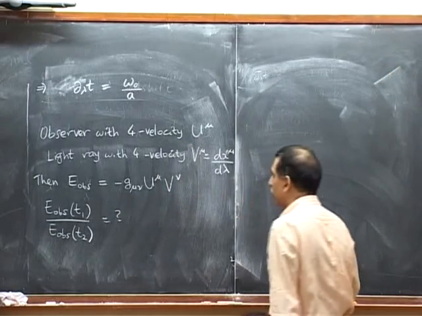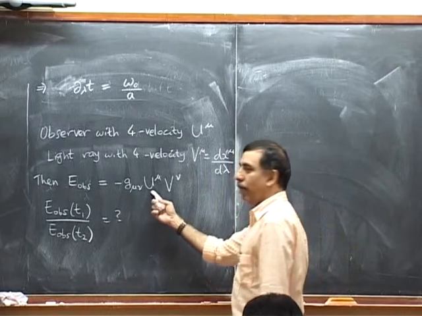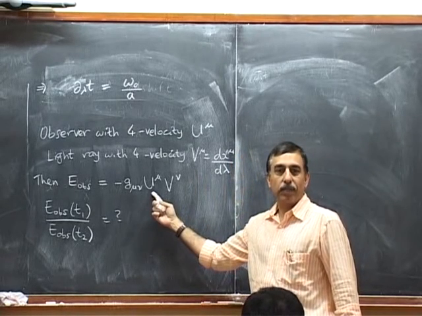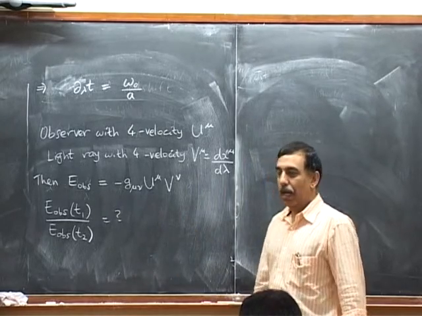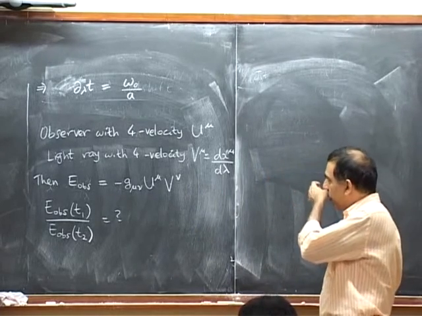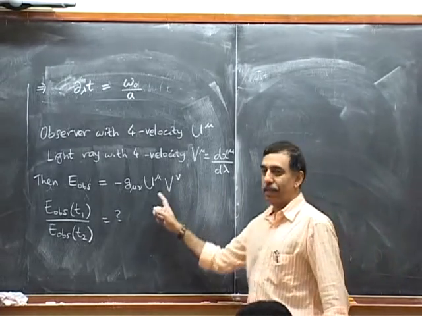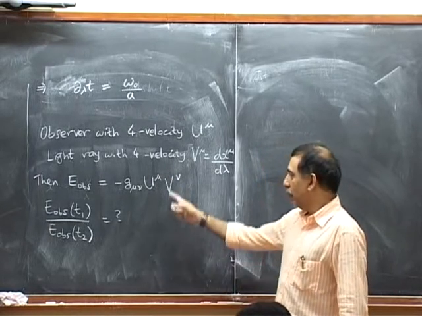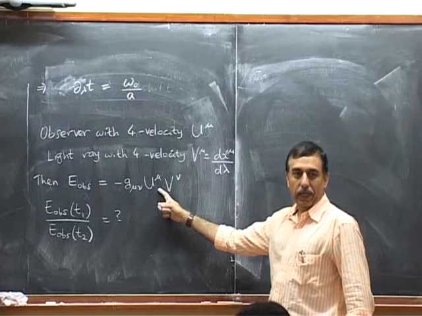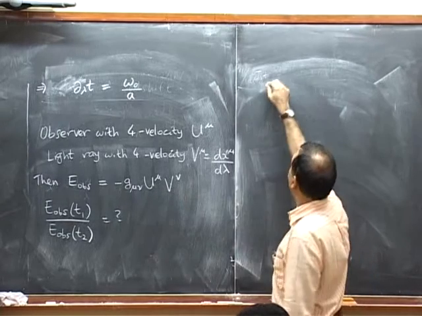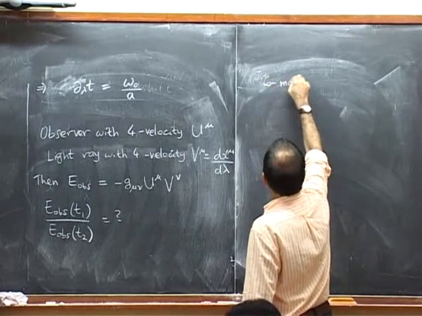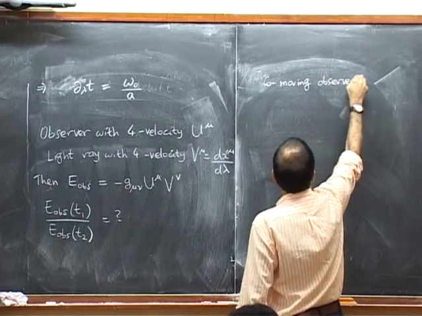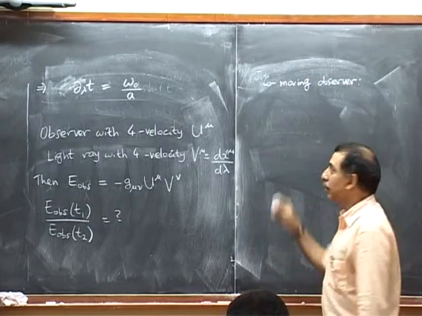So for that, let's first note that it depends on the type of observer. I can't answer that question unless I tell you what type of observer I have. The way an observer is determined will vary from one coordinate system to another. Here we are in the co-moving coordinates, and the observer I want also to be co-moving. A co-moving observer is nothing but an observer who is at rest in the co-moving coordinates.